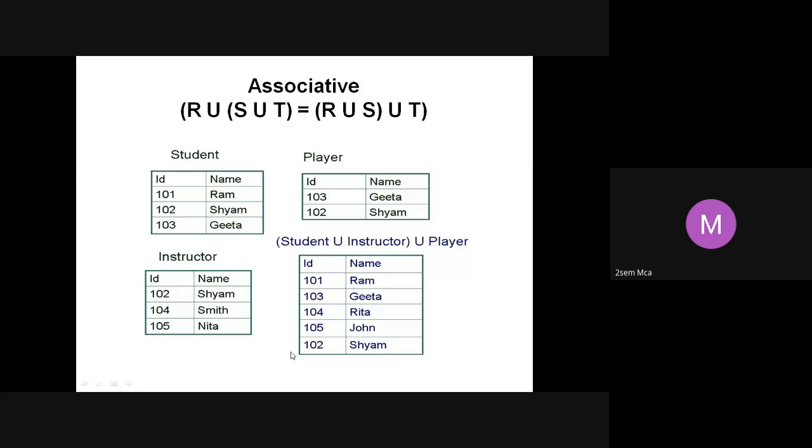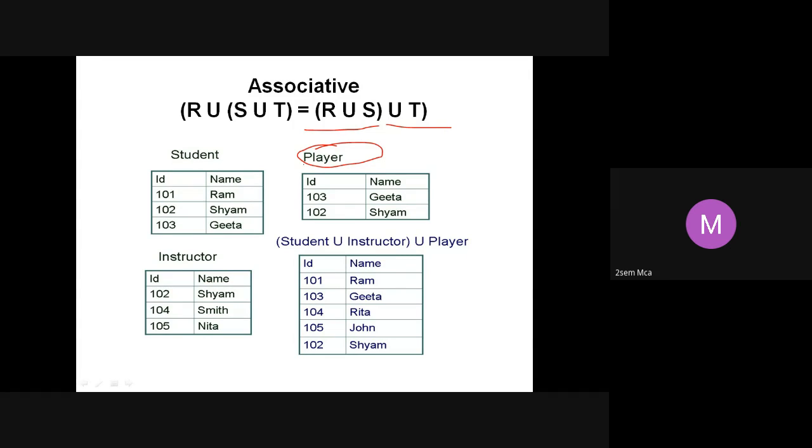All right. So R union S union T is the same as R union S union T, associative. We have taken one extra table here, that is player. Student and instructor were already there. We took one more, that is player.